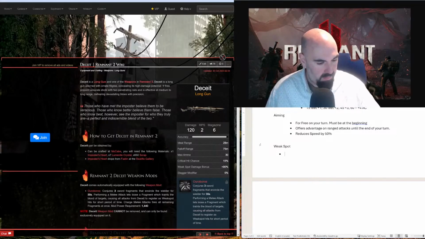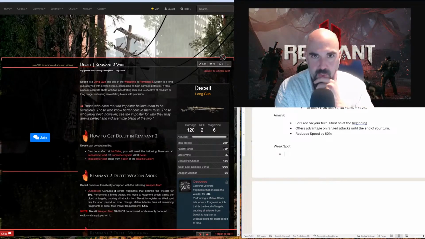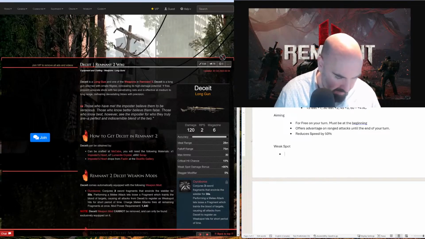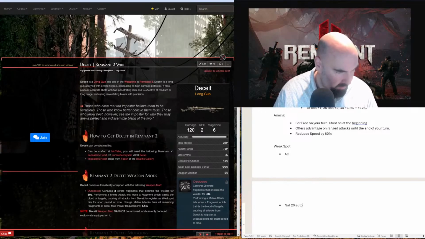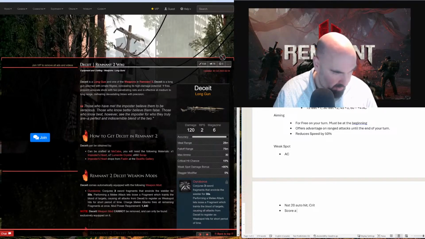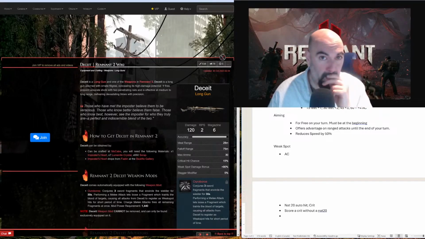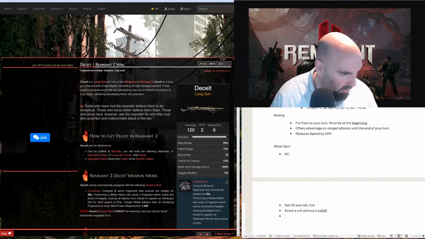Now, that is really tough. I'm trying to avoid having to make another die roll. We can say, now there's something here, there's something we can work with. Okay. So you have an AC, and we do know that a nat 20 is an auto hit, and is also a crit. You can score a crit without a nat 20, as we've already established, and we'll say as well that